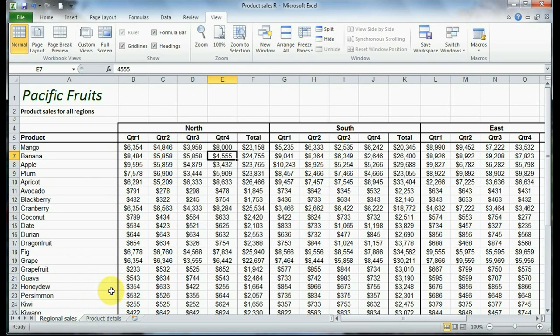So you can go ahead and hide those before you send them to other people. Now, let's look at how we can do this with rows and columns first. Let's say maybe I don't want my north region here showing up. I can select